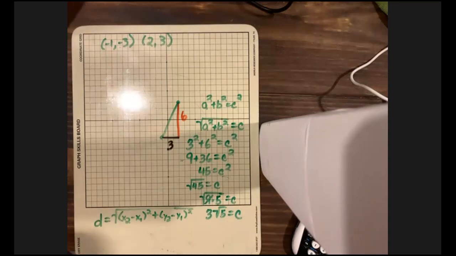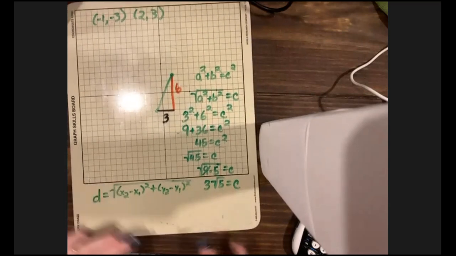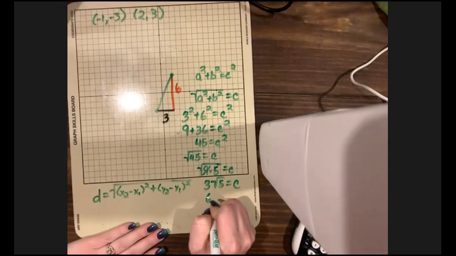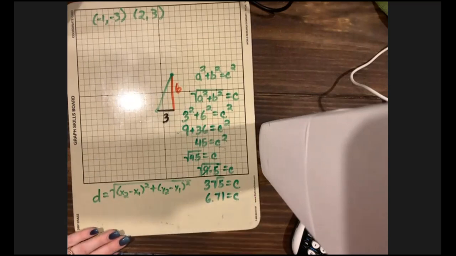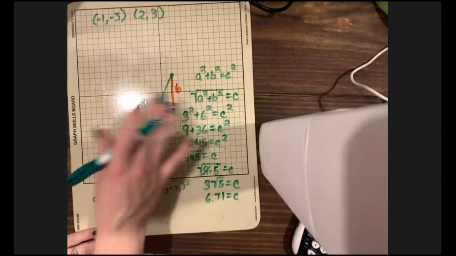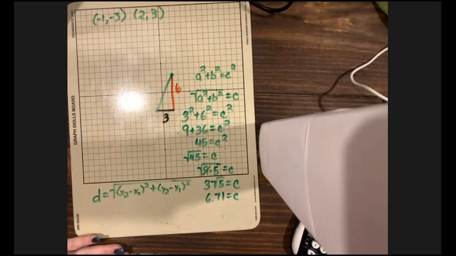So here's what this would be in reduced form. We can then put that onto a calculator, and at 2 decimal places, that is 6.71. So you have your choice here. You can either draw a picture and go back to the traditional Pythagorean theorem, a squared plus b squared equals c squared, or you could plug your values into the equation and you would get